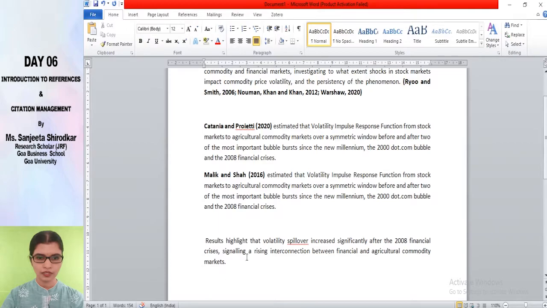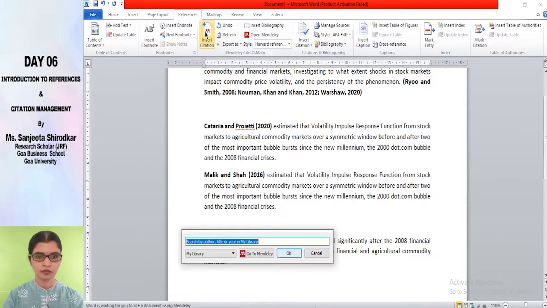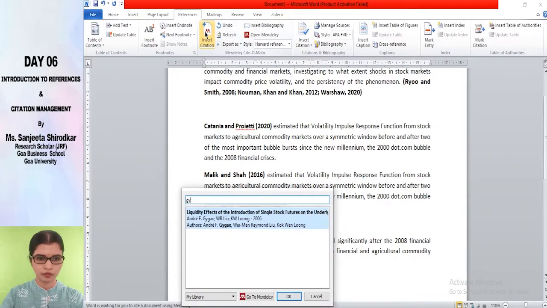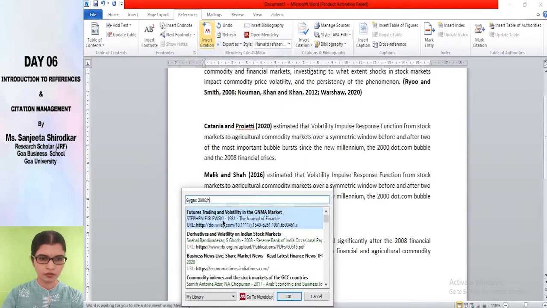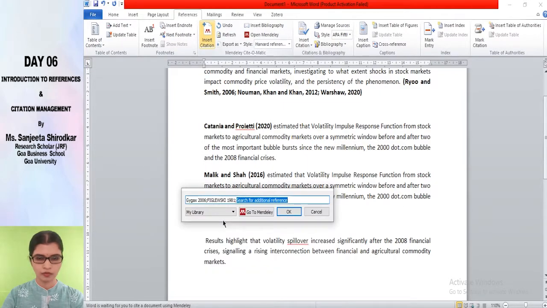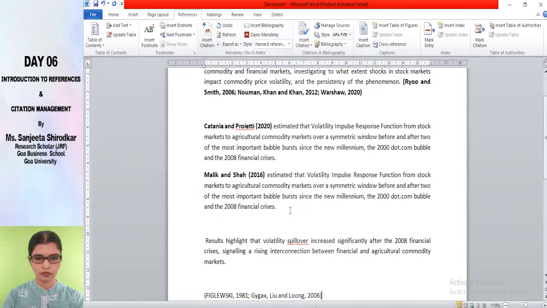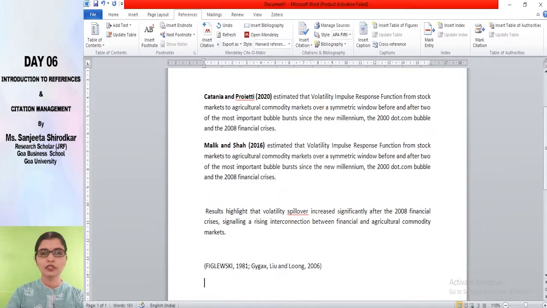Now let us randomly insert some more citations over here. Okay, so now this is the body of the paper you created by adding the citations. As I told you earlier also, there are two ways of adding citations.